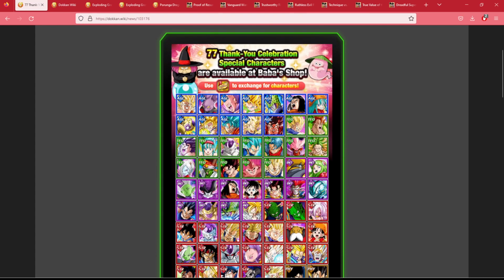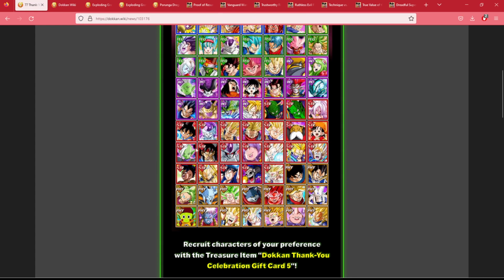Where is he on the list? He's down here somewhere in the STR units, right? In the STR units, you have Kuliza here. Would definitely recommend picking him up if you've got any of the units from the Worldwide Download Celebration, the Metal Cooler or the LR Final Form